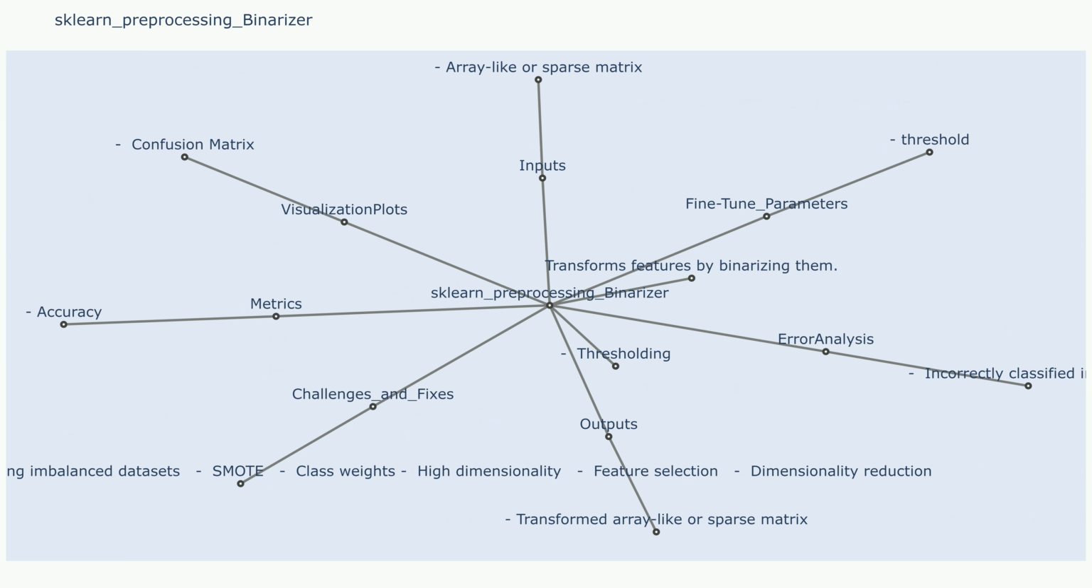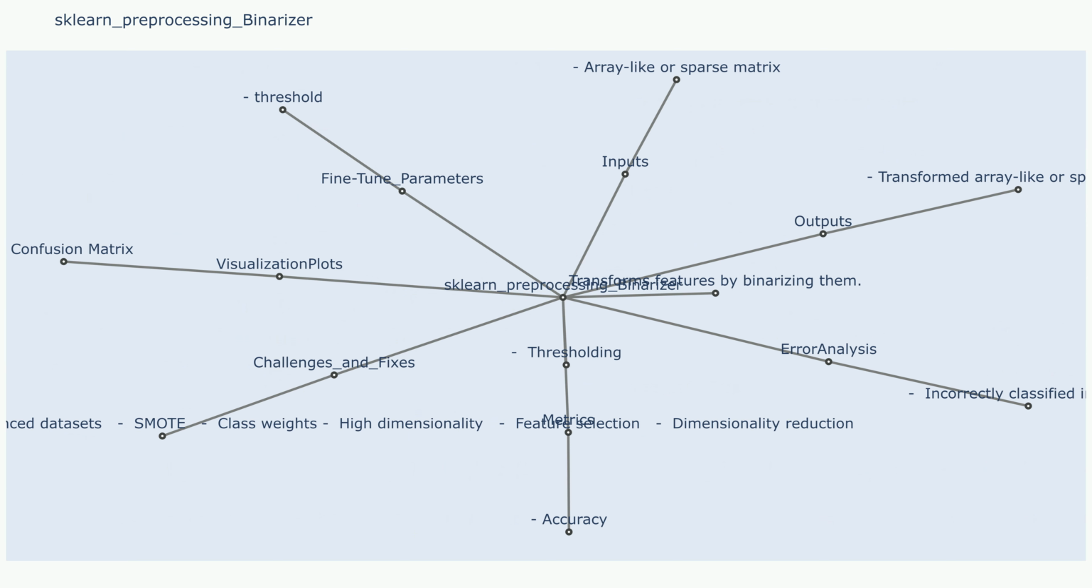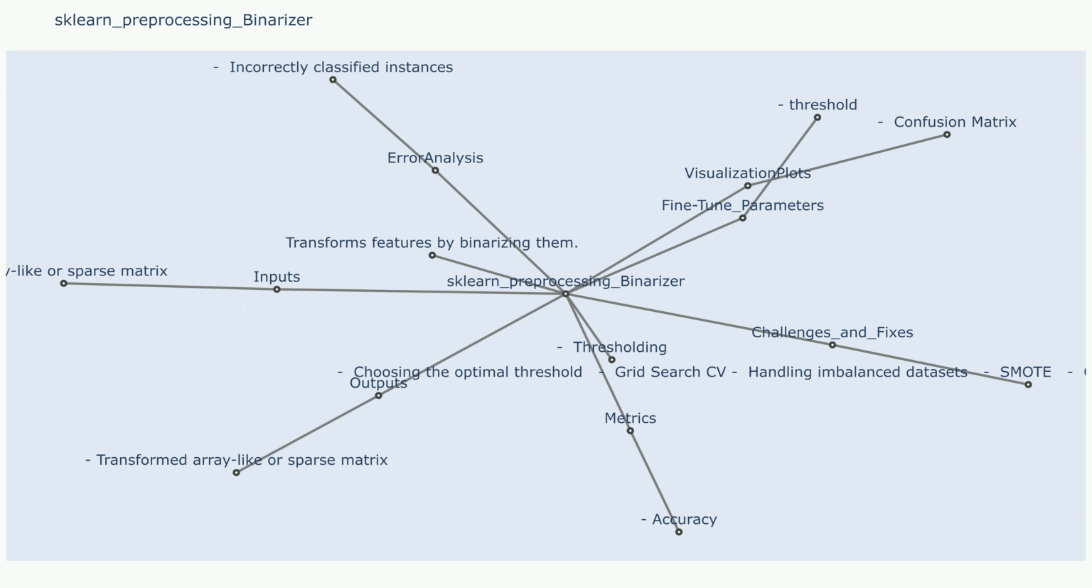Steps: Data initialization: the Binarizer object is initialized with the desired threshold value. Feature transformation: the Binarizer transform method is applied to the input data X. Each feature value is compared to the threshold, and a binary value, 0 or 1, is assigned based on the